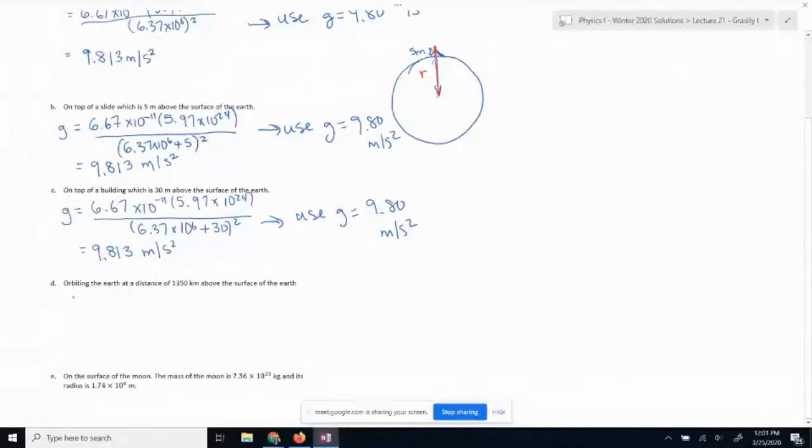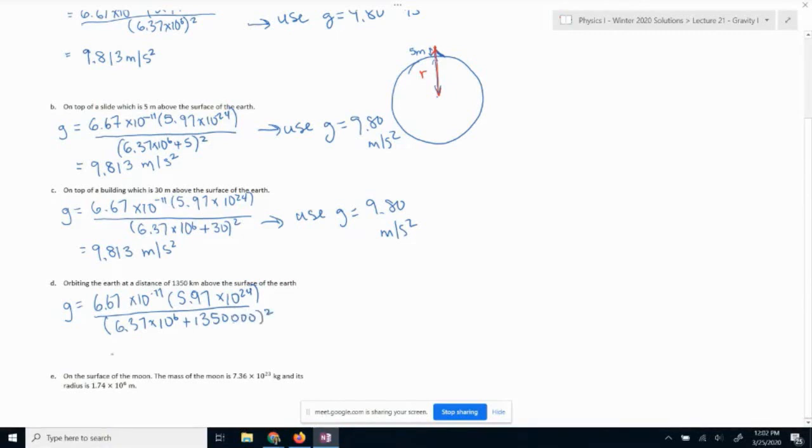So let's find out what our g would be in this case. g equals 6.67 times 10 to the negative 11 times 5.97 times 10 to the 24 over 6.37 times 10 to the 6 plus, now what am I adding here? 1,350,000. Good. Because it's in kilometers, I have to add 3 extra zeros at the end,